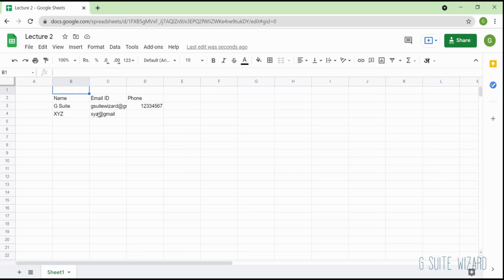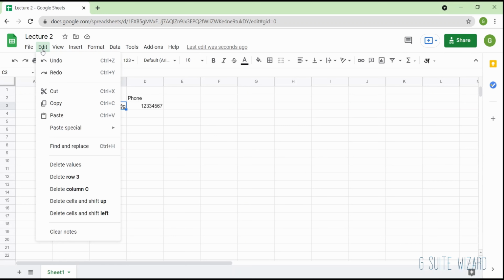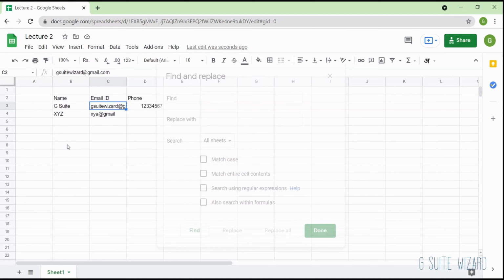If you want to find a cell with certain details, let's say there is a cell which has G Suite wizard in it, and you want to find it, you cannot go through one by one. So in that case, you can go to edit and click on find.